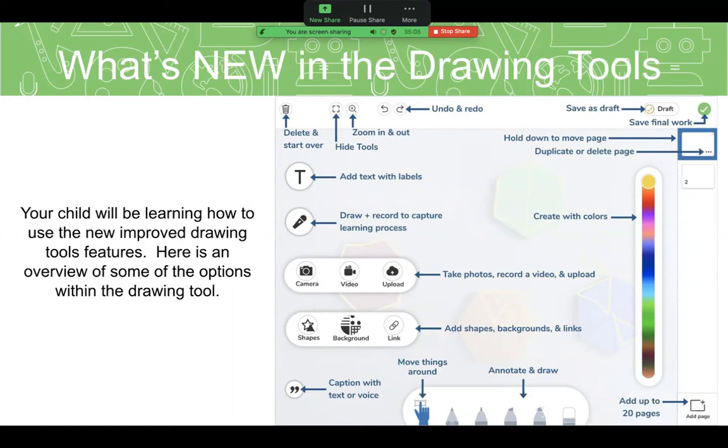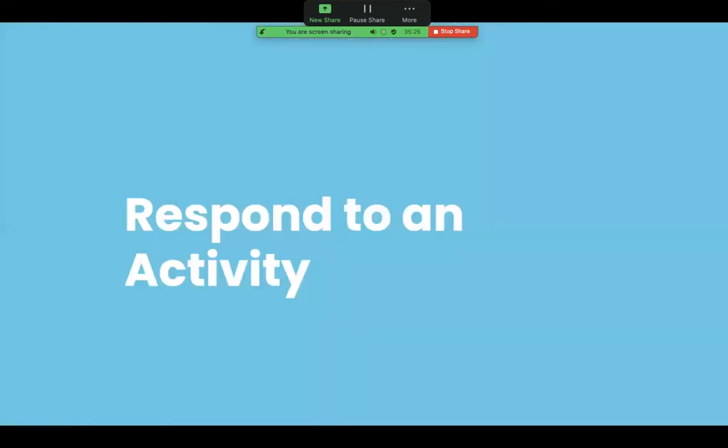Seesaw allows a really powerful ability to take pictures of work they may have done offline, or videos of you and your children doing a more creative activity, and then you can share that as well. But I say, these slides are just there to show you the tools available for a post. So we're then going to come on to our main focus, and I put it at the end, so hopefully it's going to be sharpest in your minds, on how your teachers are going to share their home learning activities